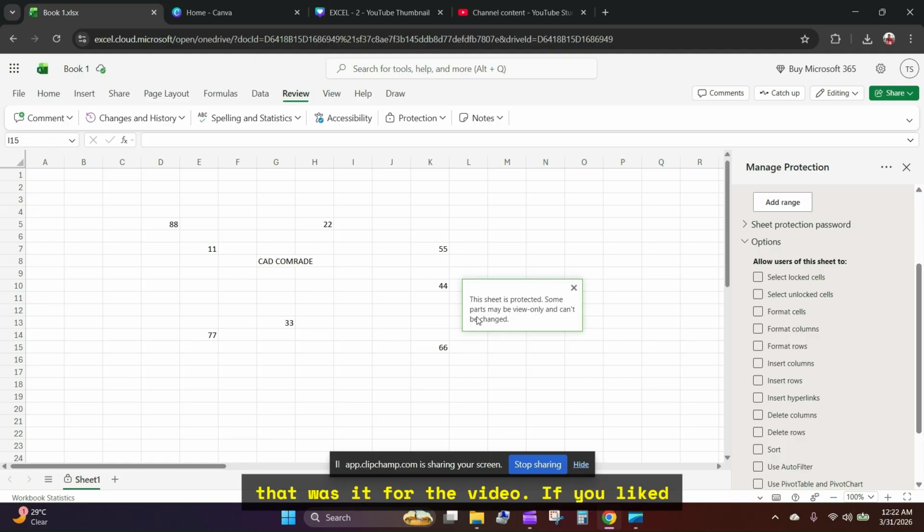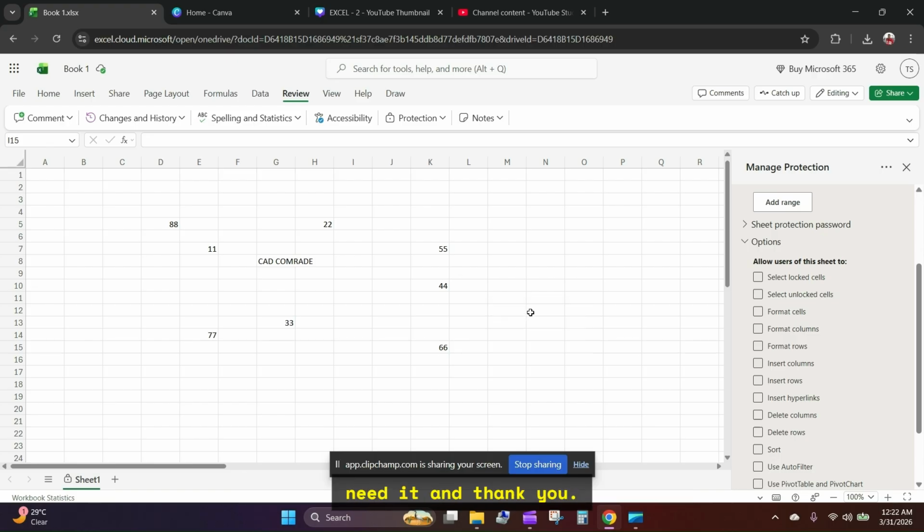So even if you click, this sheet is protected, some parts may be view only. So it will not